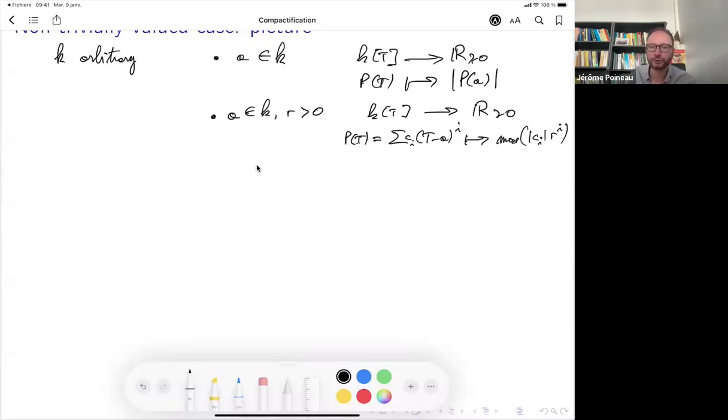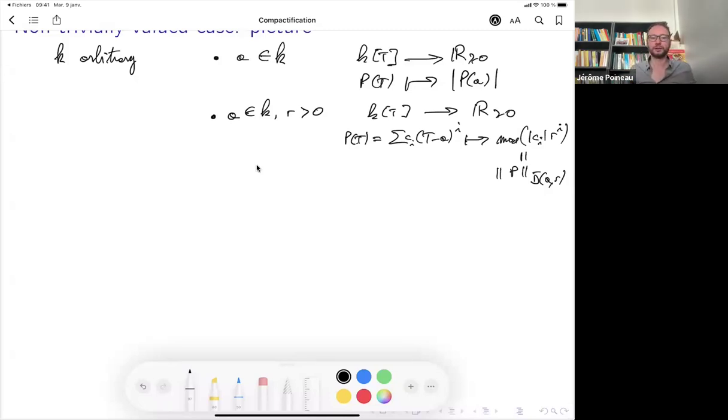Here you use in a crucial way the non-Archimedean triangle inequality, or otherwise it's completely false. Over C, for instance, it's certainly not multiplicative. And this is actually quite close to an equality, there are some conditions, but rather mild conditions. So this is very related to the supremum norm on the disk of center A, radius r. So these are two kinds of points that you find in your space.